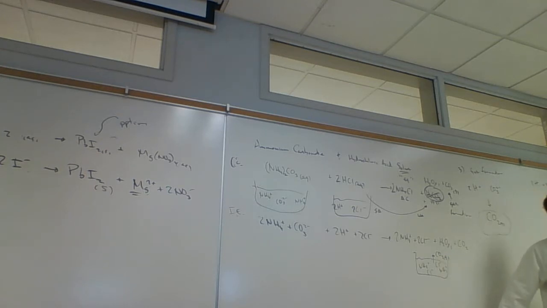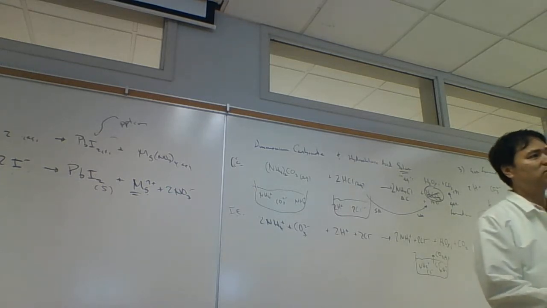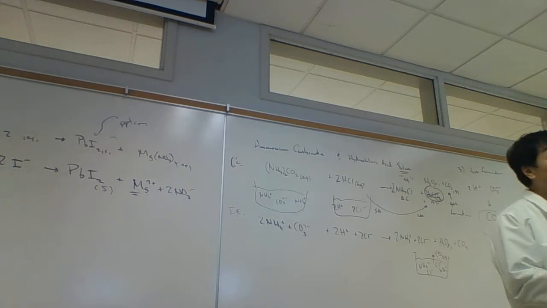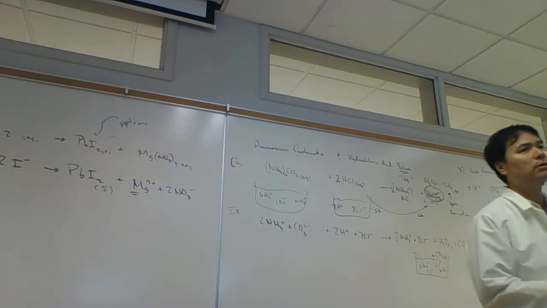Why would we not just leave it as carbonic acid and then instead of separating it into water and CO2? Is it because it's so unstable that it's just good? It's so unstable, it happens immediately, immediately as it's formed. If we could isolate carbonic acid and trap it, yeah, then maybe we could do that. But, you know,